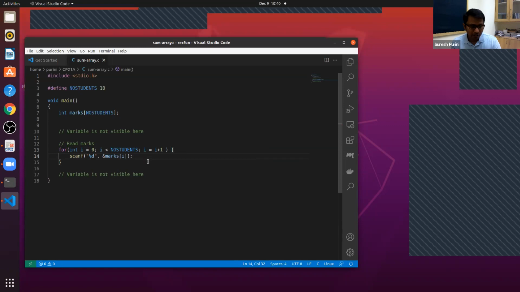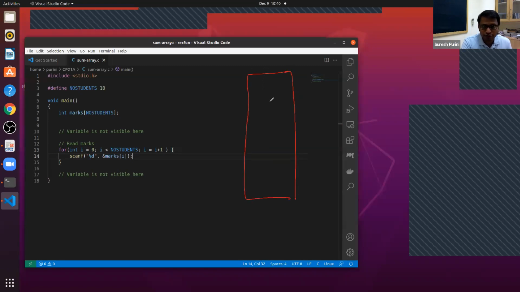In memory, marks is allocated a sequence of 10 locations. The first one is accessed using marks 0, the second element is accessed using marks 1, this is accessed using marks 2, and so forth.